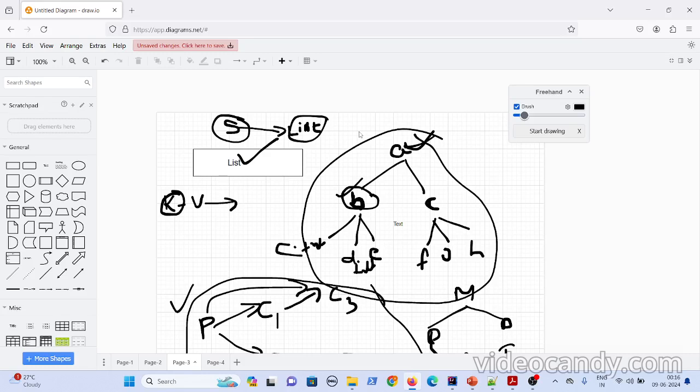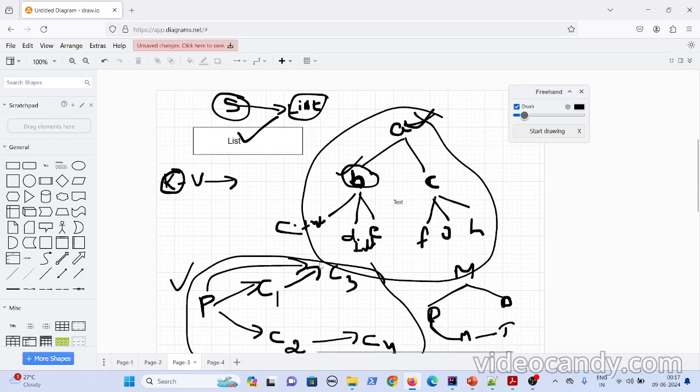So what if you have an interface in between which provides a single method or a few methods to sequentially access all these data structures uniformly, so that I need not remember the traversal methods for each of these data structures, right?